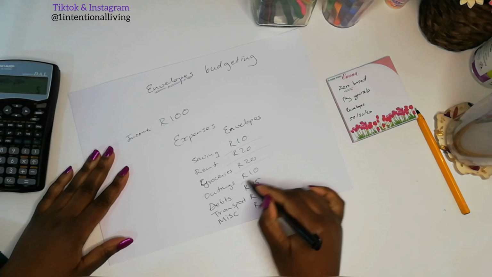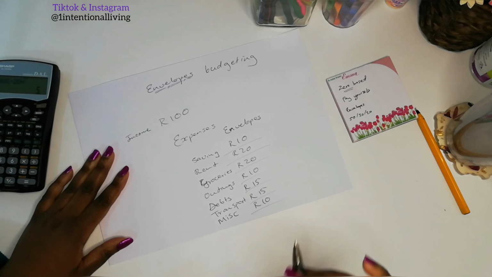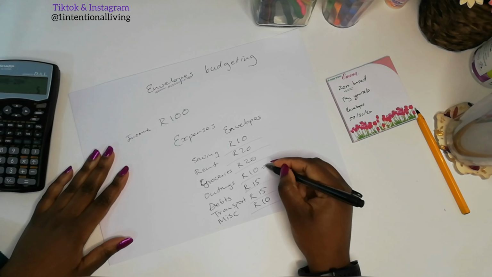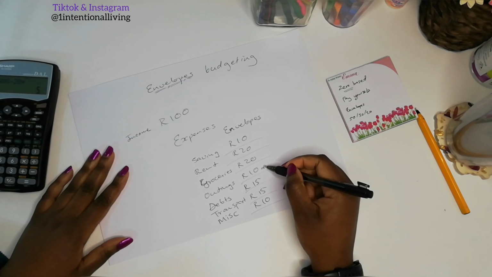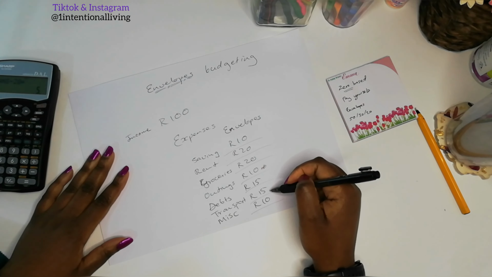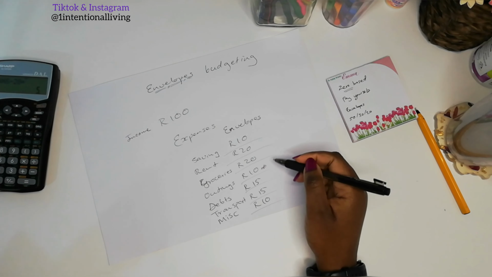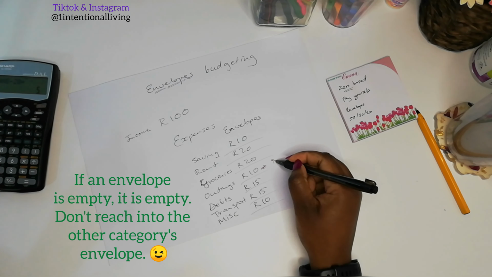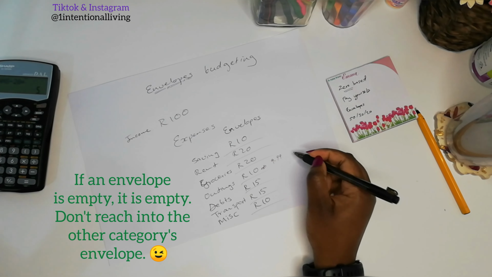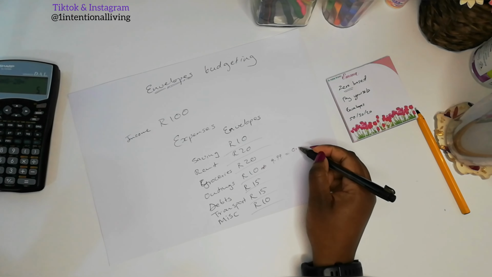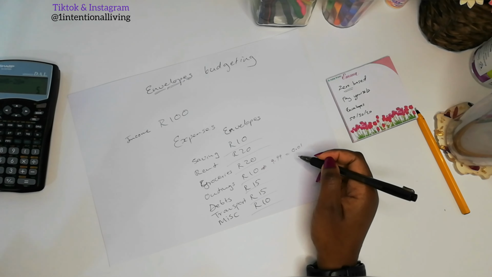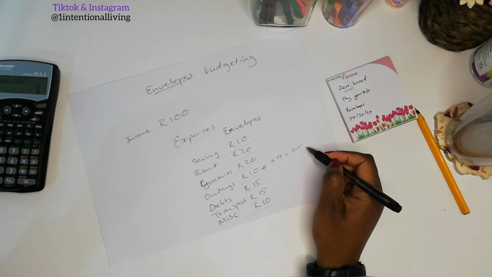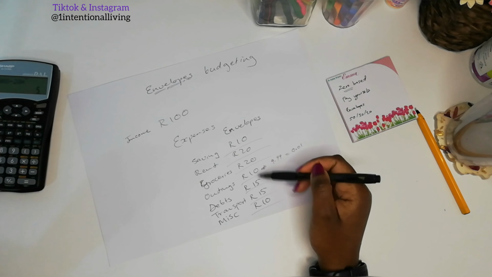Each envelope is budgeted exactly as you're supposed to spend. So if you spend too much here with your outings, it means you're going to have to touch into one of these envelopes. But the method is to be disciplined enough to not touch the other envelopes. So if you spend here 9.99 Rand and you have your 1 cent left, and there's something else that you really want to do, you want to go out and do something, you need to be disciplined enough to not touch the other envelopes.